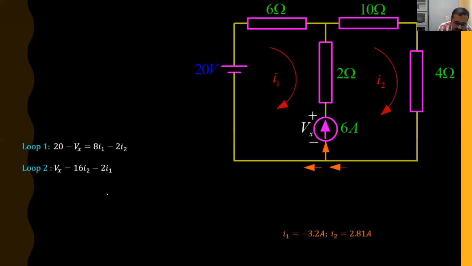Okay. So now you have three equations and you can solve it. I2 equals 6 plus I1, right? So you can solve these and you will get I1 and I2 as 2.81 ampere, right? Now there's an alternate method. What is that? Super mesh.